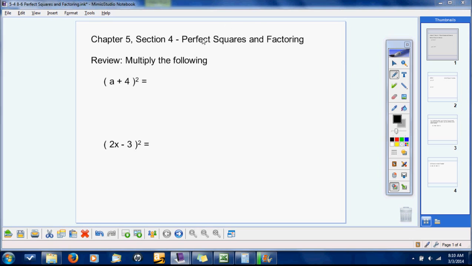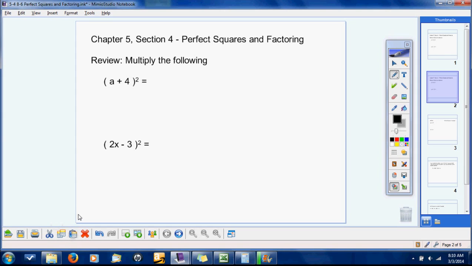Alright, so today we're going to talk about perfect squares and factoring. So the first thing we need to look at, if we're going to really understand these factoring, we need to remind ourselves about multiplying. Now, a plus 4 squared, we have to be very, very careful with a squared. The common mistake is for someone to think that this is a squared plus 16. But remember, this is really a plus 4